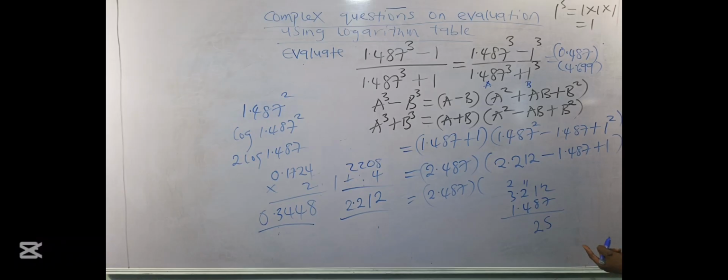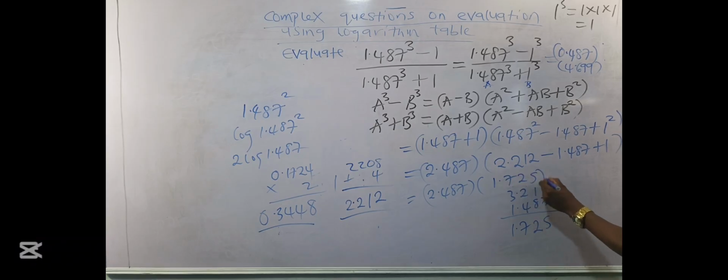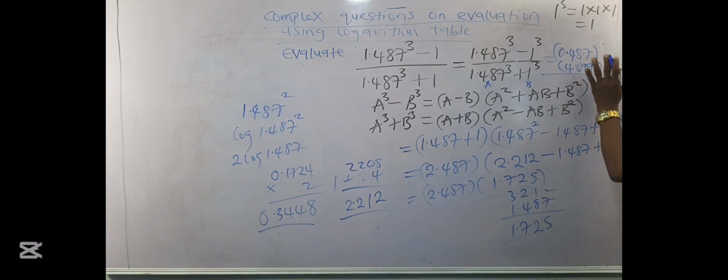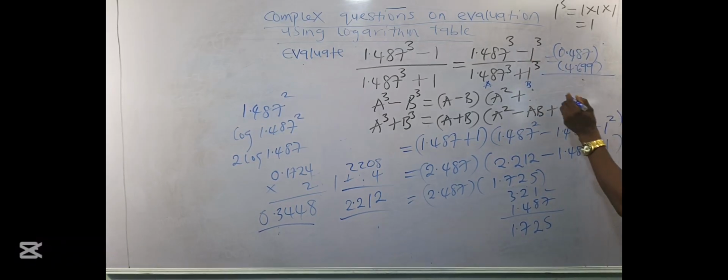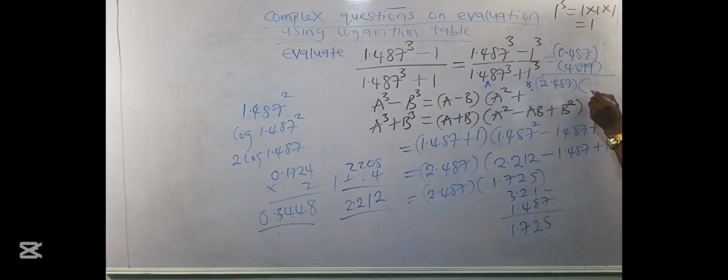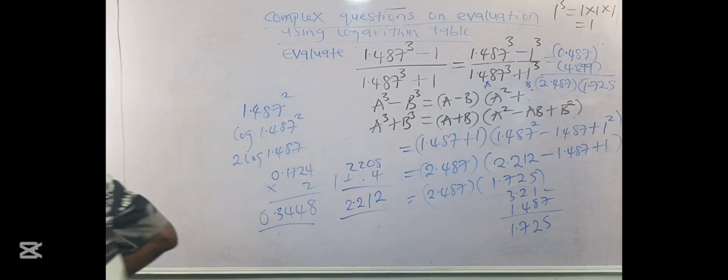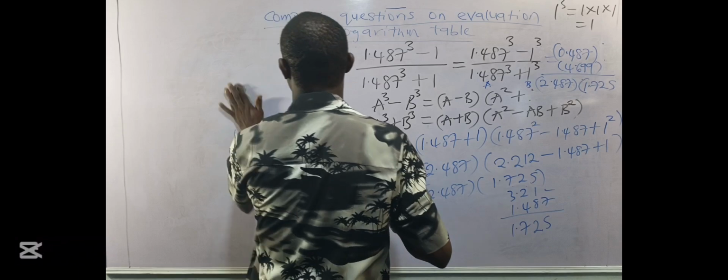Yes, left with 2. 11 minus 4 will give me what? 7. And 2 minus 1 will give me 1. So I have 1.725 for the solving of this bracket. So this is like all over 2.487 in brackets 1.725. So coming back to our actual question,